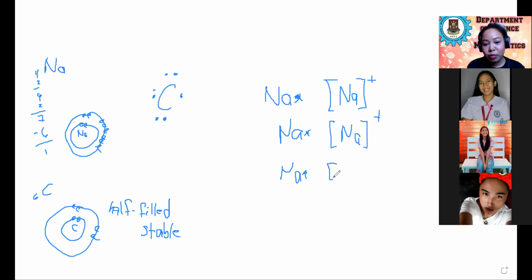So, mahimo na ni pud siyang Na plus. Naa pay isa another nga wala pay pair. So, another sodium will release its electron. Iyang tanggalon, ibalhin dira. And then, this becomes Na